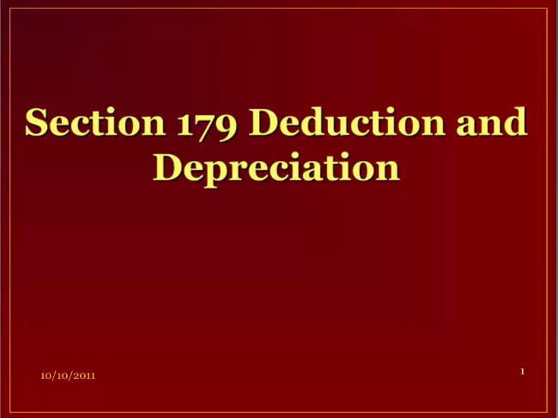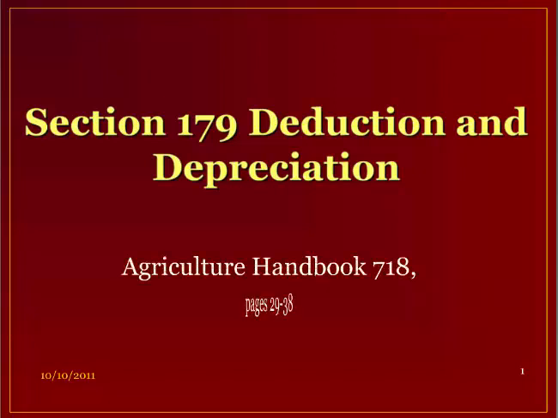And I've been giving the tax preparers kind of a rough time all day. However, I will tell you they are really good at this. When you go to your tax preparer, they understand Section 179 deduction and depreciation. This is very important to you if you're thinking about building a building, buying equipment, whatever, to run your forestry operations. All right. This is covered in Ag Handbook 718 on pages 29 through 38, but I will tell